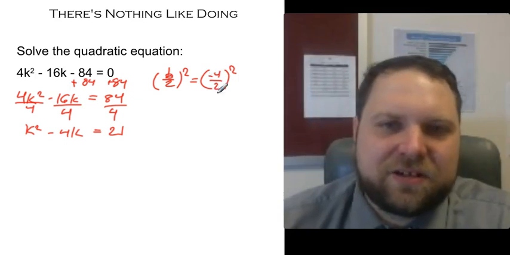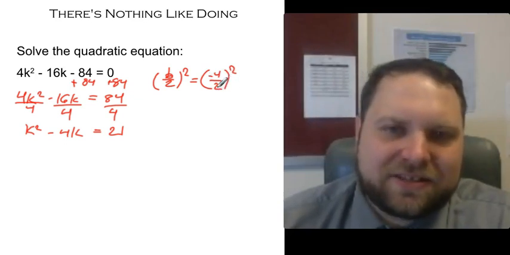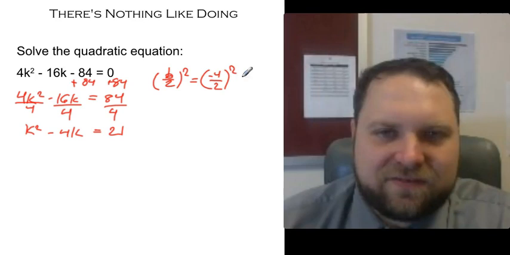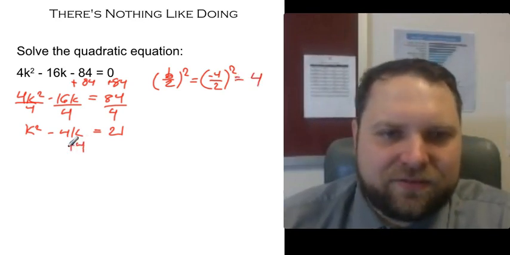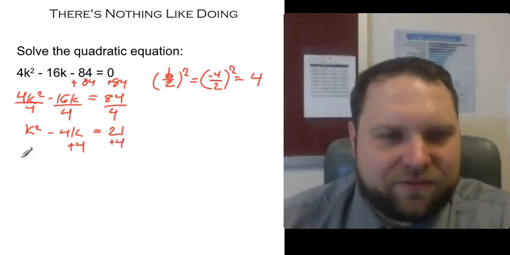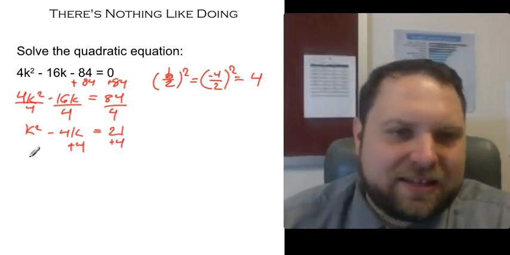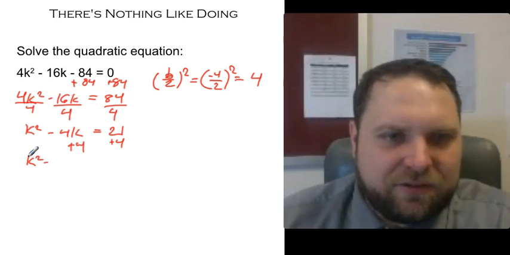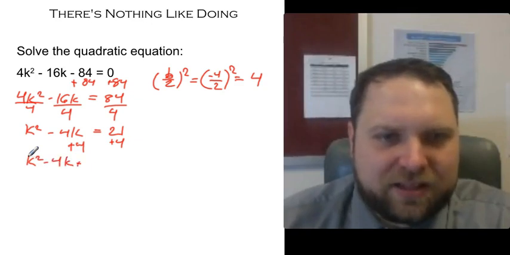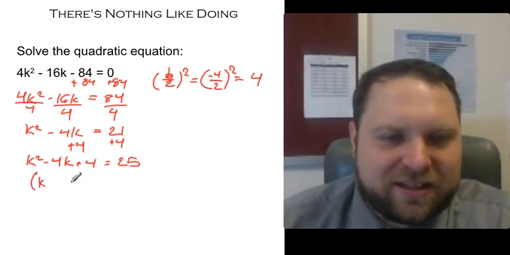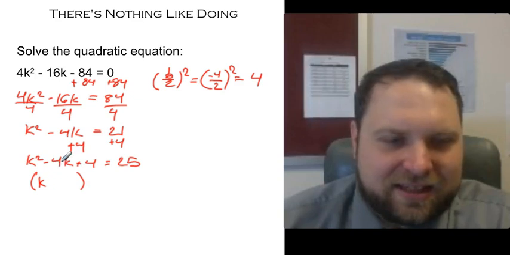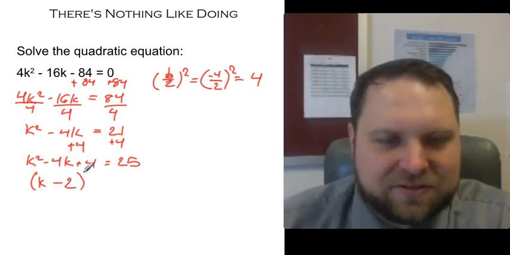So if I do negative 4 divided by 2, that's going to give me negative 2. Negative 2 squared is going to be equal to positive 4. And so I would add 4 to both sides, and I get k squared minus 4k plus 4 is equal to 25. Now this left-hand side can be rewritten as k, and then I'm going to add to it b over 2, which is minus 2